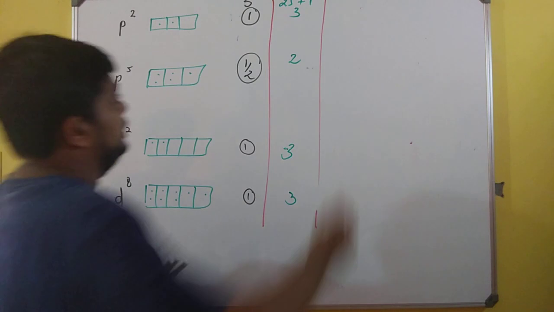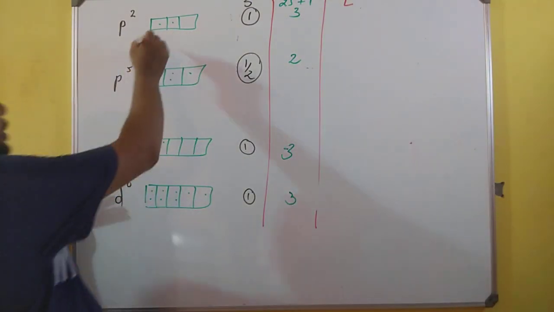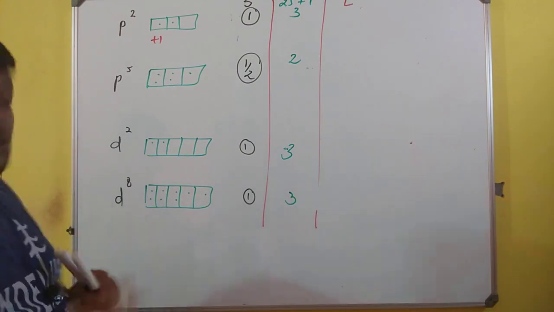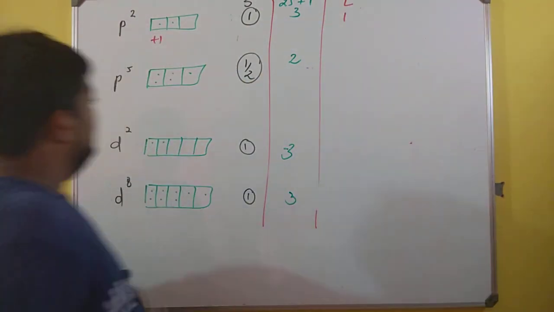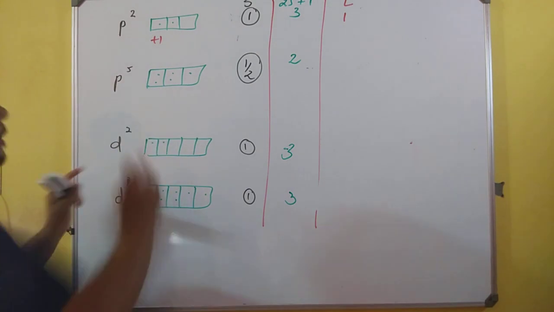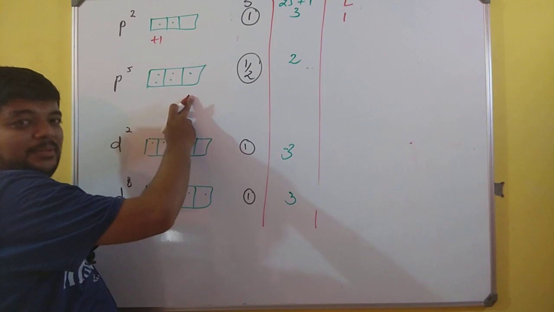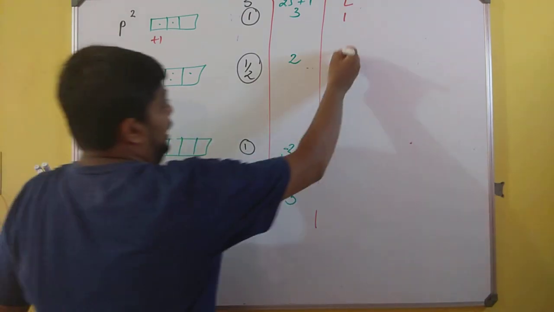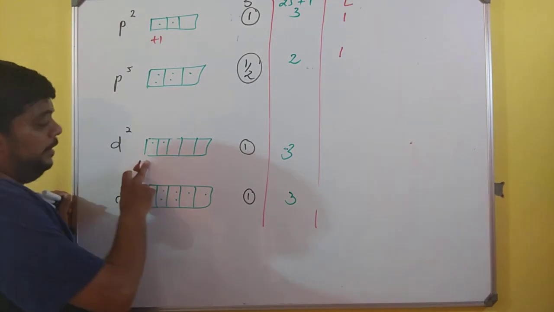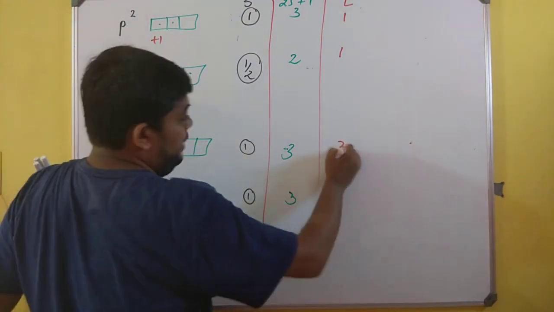Still going a step further and just determining the value of L. See what happens. Plus 1 multiplied by 1 plus 0 multiplied by 1. So over here the value of L will be 1. Over here what happens, you see, plus 1 multiplied by 2, 0 multiplied by 2, and minus 1 multiplied by 1. So 2, 0, minus 1. So the nutshell will be 1. Over here it will be plus 2 multiplied by 1, plus 1 multiplied by 1. So I will end up with 3.